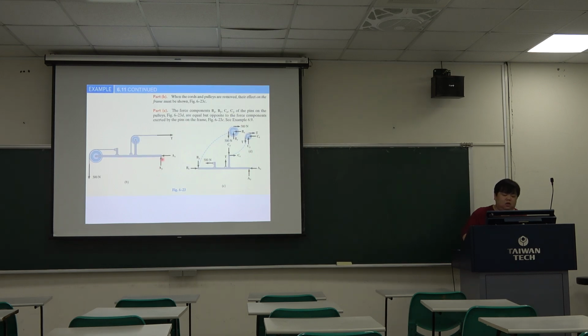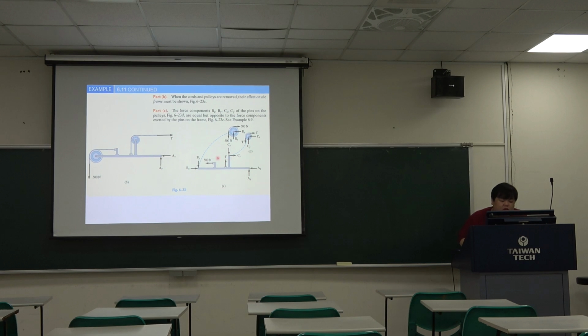So in the pin support we have the two direction reactions, and in the cable support we have the tension force, reaction force, and we have the one force 500 Newton here. Okay, so the A part is very easy to draw, and the B part